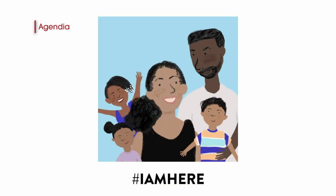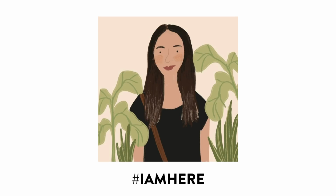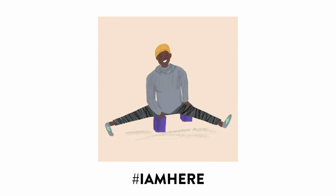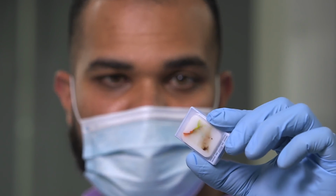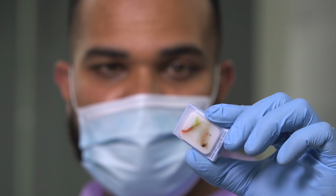Each year, 750,000 women globally are newly diagnosed with breast cancer. There has been billions of dollars spent on research, on testing, and on new therapies. But even with all that, what we understand is that breast cancer remains a complex disease. Agendia's focus at the end of the day is to help find the right treatment for the right woman at